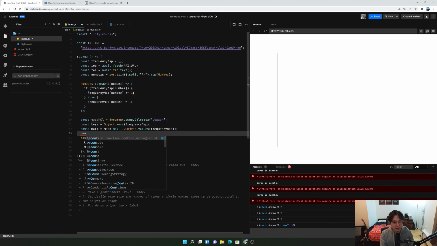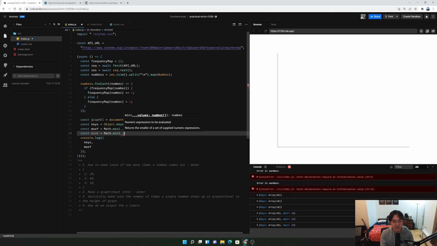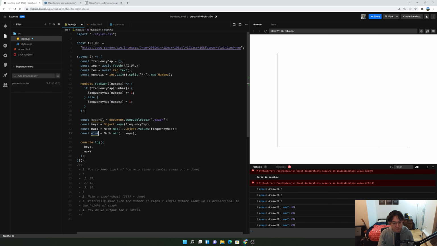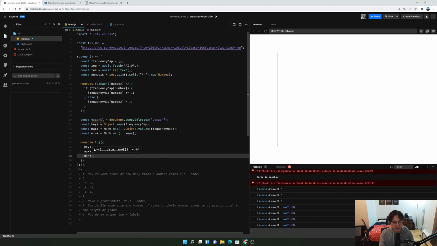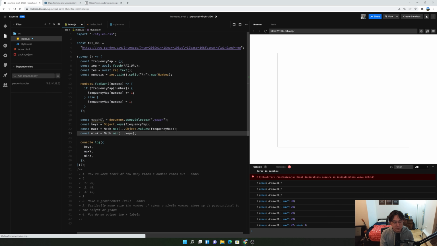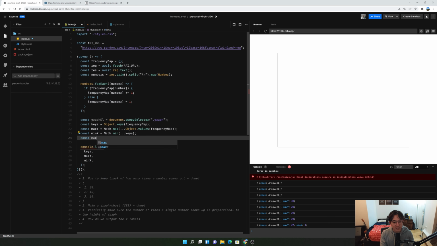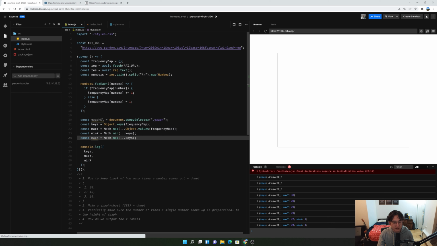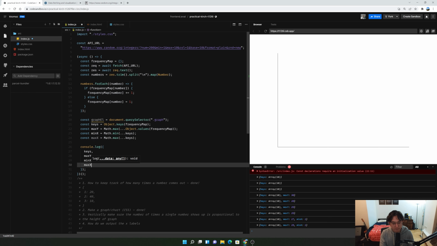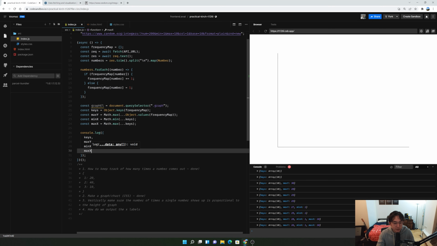And then const minX equals Math.min of the keys, actually. And then let's also console log that out in this little nice object. So minX is 1, and then const maxX equals Math.max of keys. And let's output that as well. Cool. So 1 to 10 is how we're going to try to figure out to dynamically render out these labels